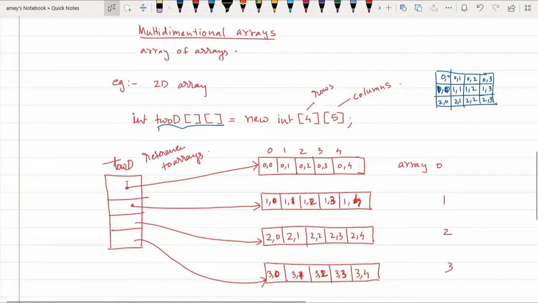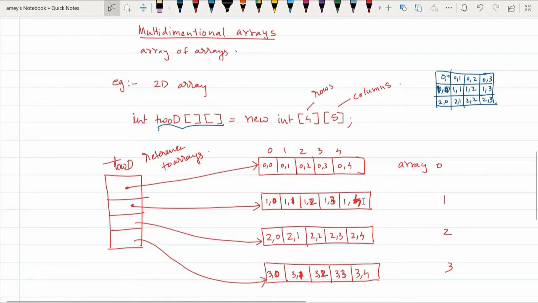Now, the first index position in this reference array will point to the first array. That first array will have 5 elements, 1, 2, 3, 4, 5, because there are 5 columns. The second location in this reference array will store the address of the second array, again having 5 elements.